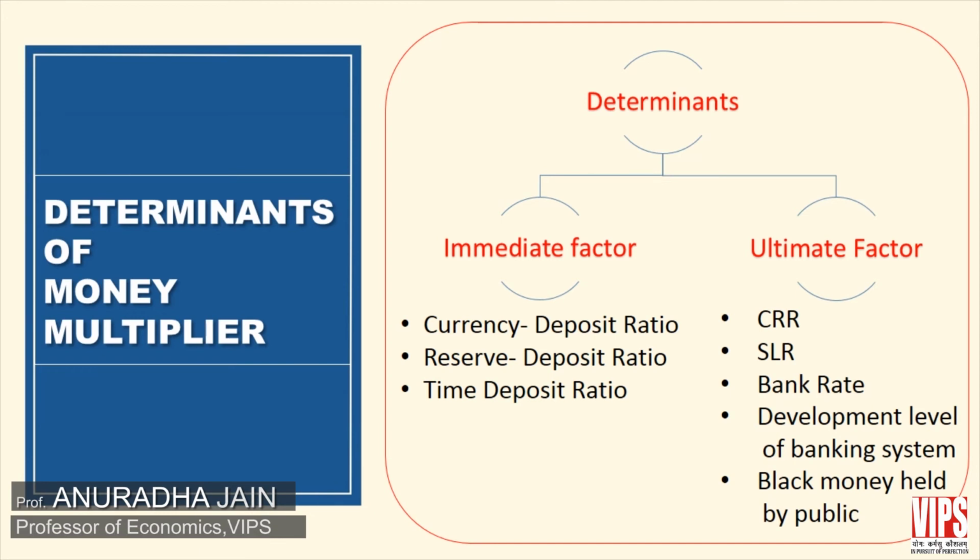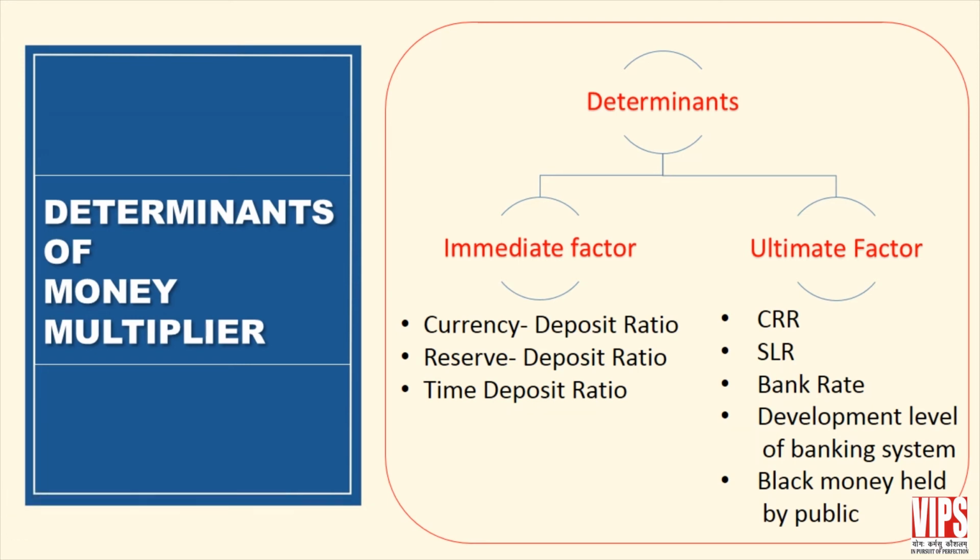If we talk about the time deposit ratio, that is, the ratio of time deposit to demand deposit, its role in determining the multiplier is like that of the reserve deposit ratio. It means that the higher the value of time deposit, the smaller the value of M. In simple words, if the public holds more in time deposits than demand deposits, then the value